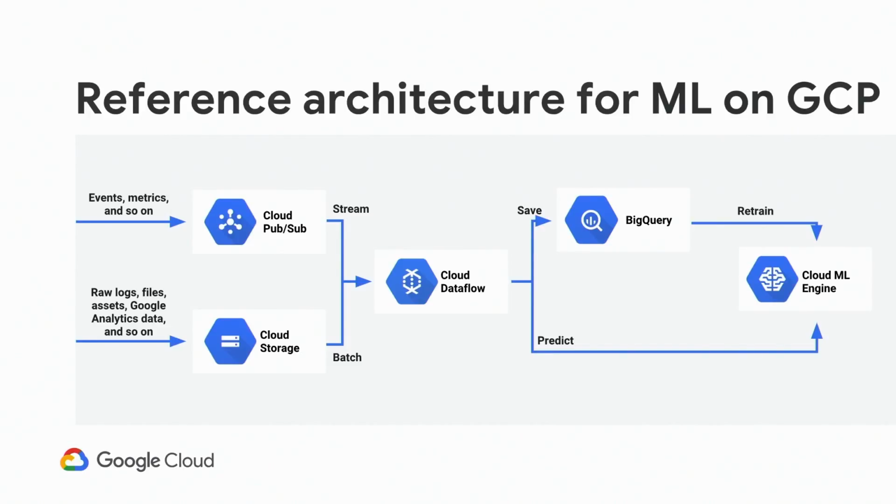Using Dataflow, you can use the exact same code that you used on your historical data. The same code works on the real-time data, and therefore the same pre-processing is being done. The model that has been trained is then invoked to serve out your predictions. So you have the reference architectures for ML on GCP and data processing on GCP, and every customer that we talk to uses an adaptation of this, and Zulily is